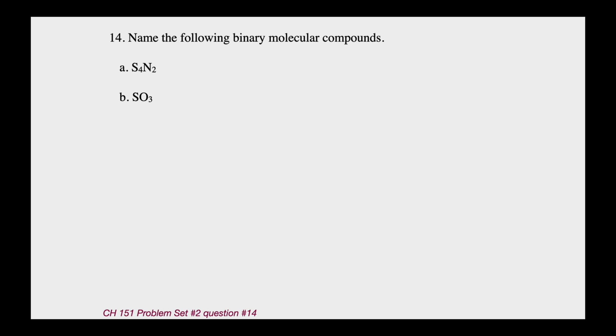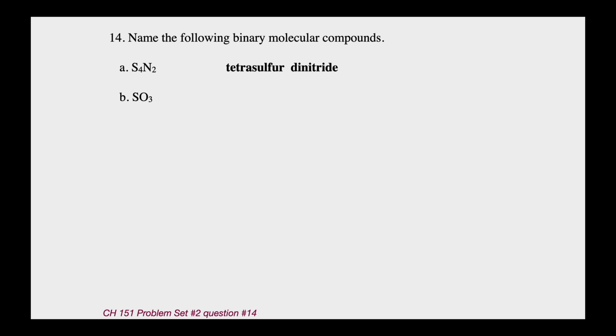So what this means, the first one, 4 sulfurs, that would be tetrasulfur, and 2 nitrogen, but we're going to turn nitrogen to nitride. That would be a dinitride. So the first one would be tetrasulfur dinitride. Okay, so Greek prefixes on everything unless the first one is by itself, and the second atom always gets an